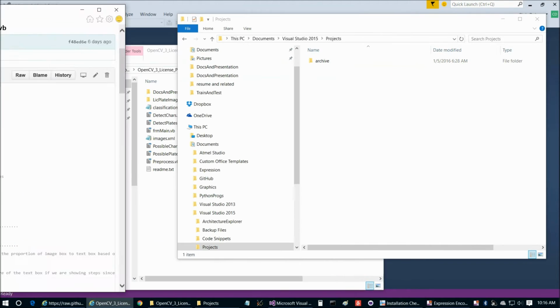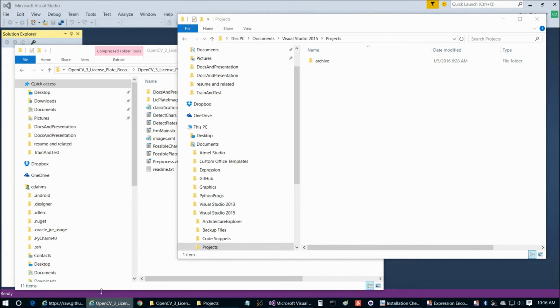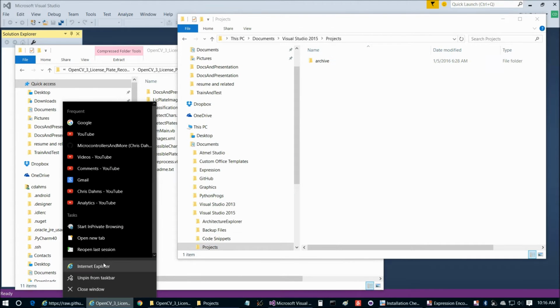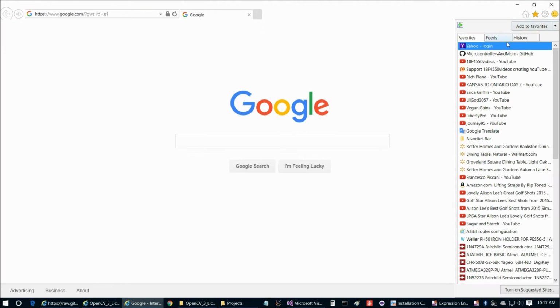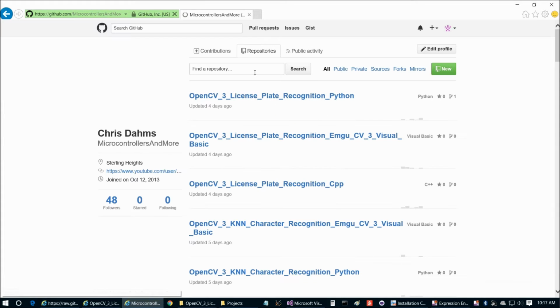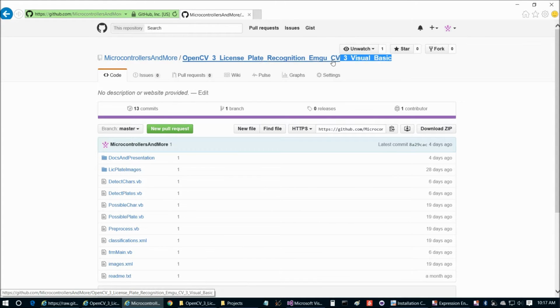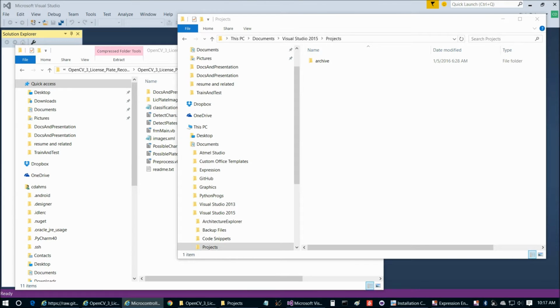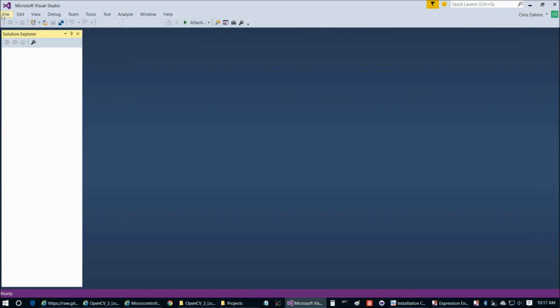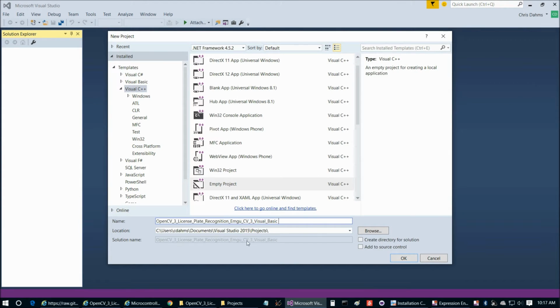So let's see, actually let's open yet another copy of the GitHub repository, and then we're going to go to here, and we might as well title the project the same as the repository name, so we can go ahead and move that over to the other screen, minimize it. So now if we go to File, New, and Project, and then we'll name the project that, take the space out of course,